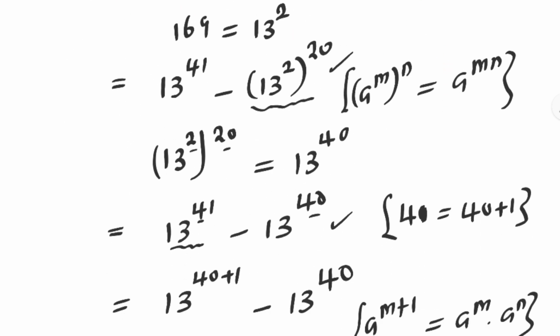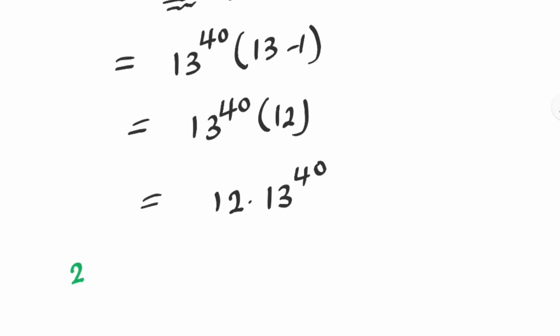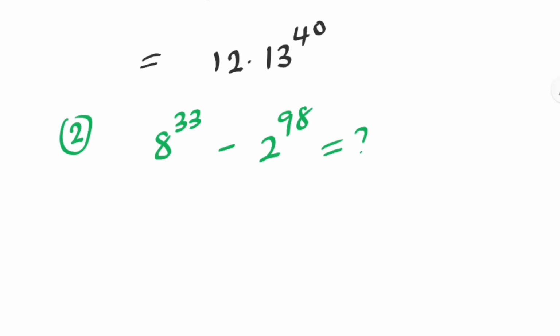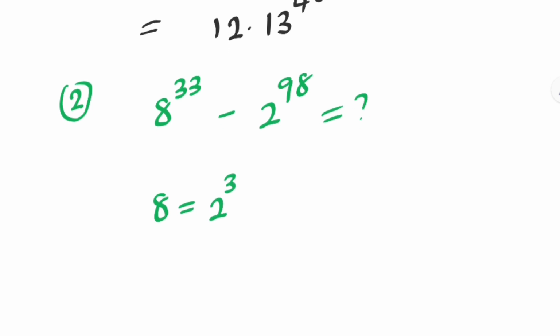Let us solve this second one. Number 2. If you have 8 raised to power 33 minus 2 raised to power 98, you can simplify this without calculator. Then from here, 8 is equal to 2 raised to power 3, and 8 raised to power 33 will be equal to 2 raised to power 3 to the power of 33,